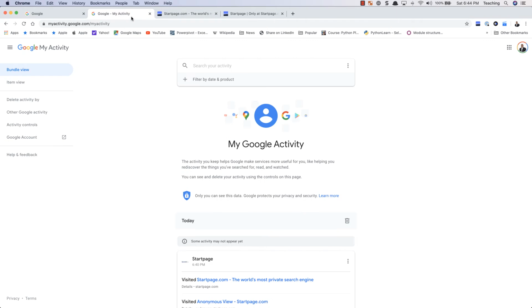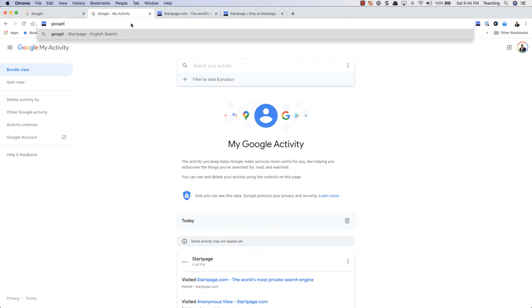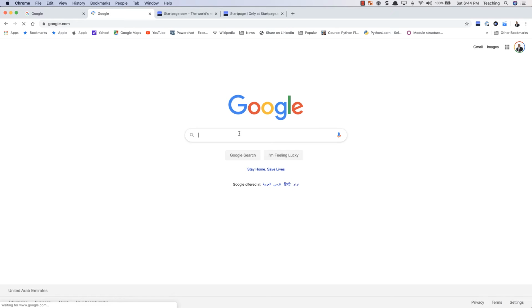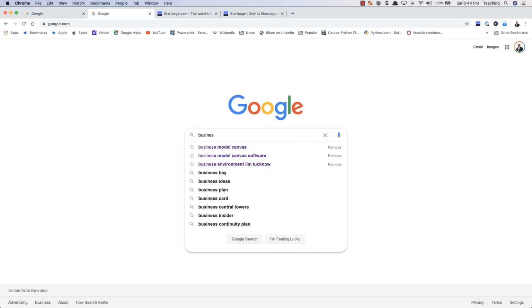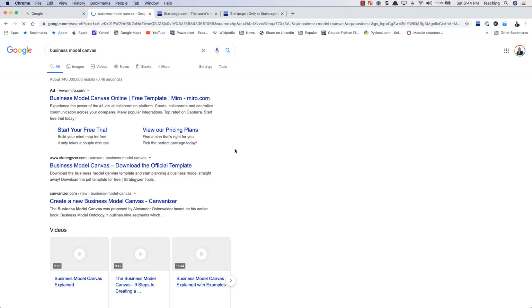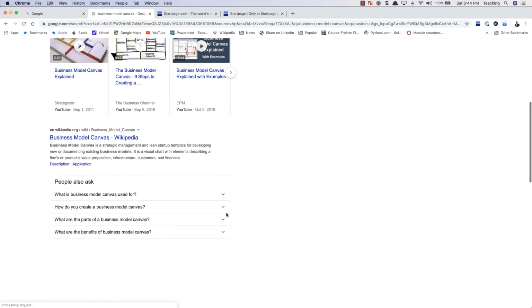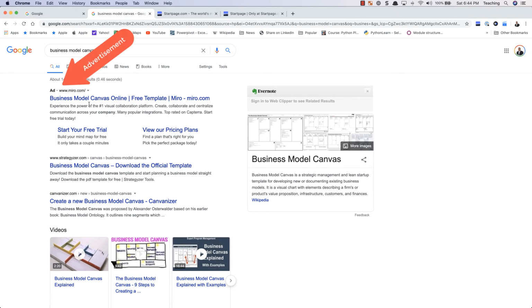So first let me take in Google a certain search. Here let me just say business model canvas. Now you can see there are ads over here. It actually camouflages the ads along with your search, so that sometimes you don't even know that you click on it, and on a click immediately Google gets the money for that because it is paid on click.